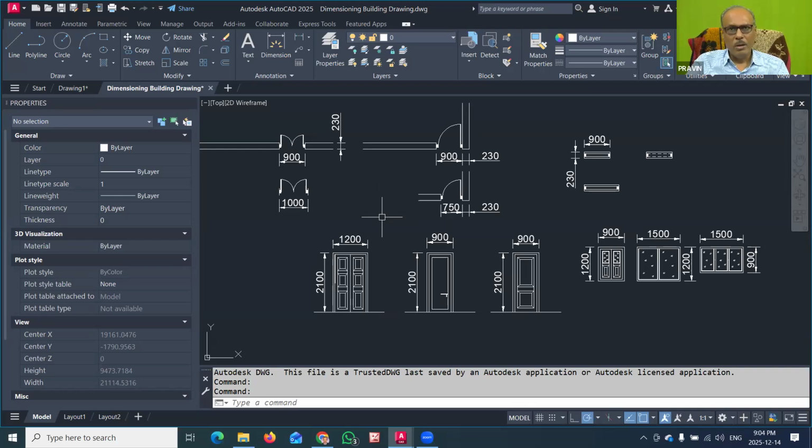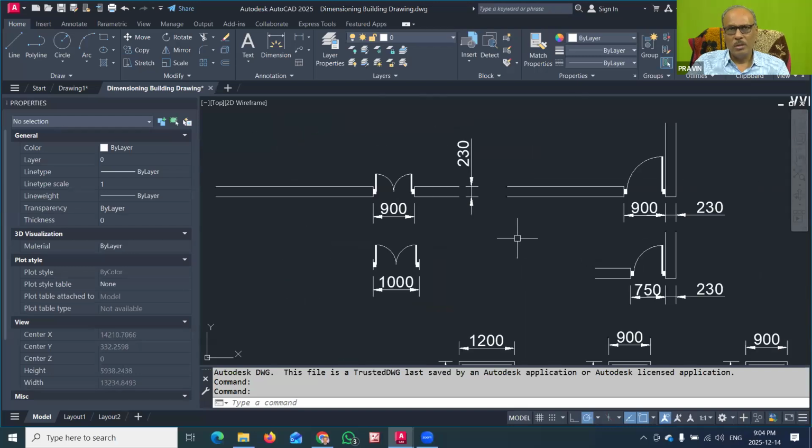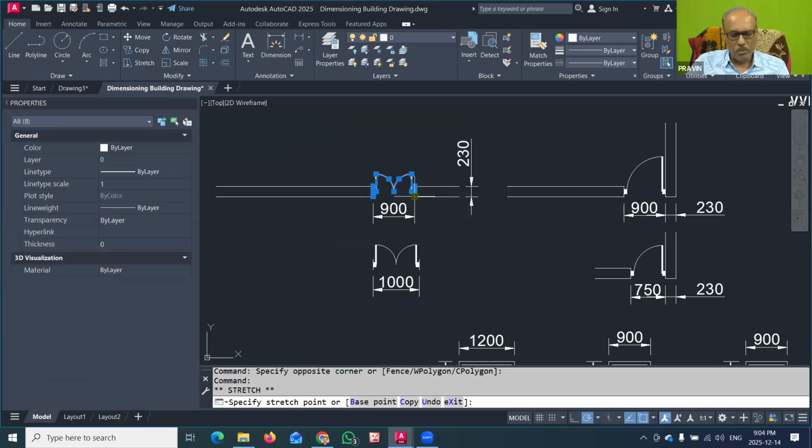But before that, you have to remember some of the important steps. So first important thing is that I have to separate these symbols, and then we have to create. So this is the 900 symbol having two panels. So I will just copy this. I will create this copy separately so that there are no walls included.